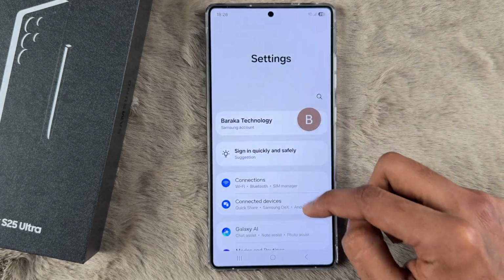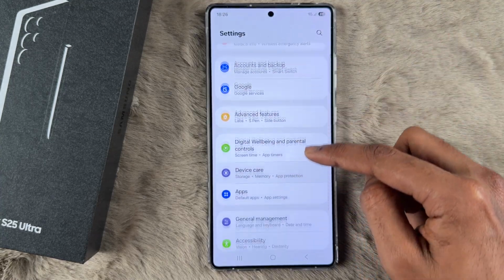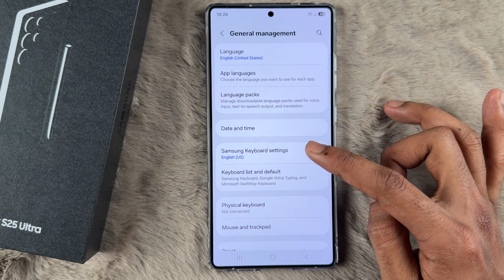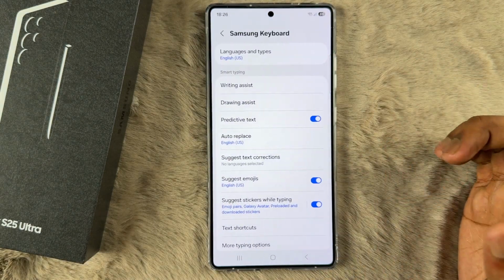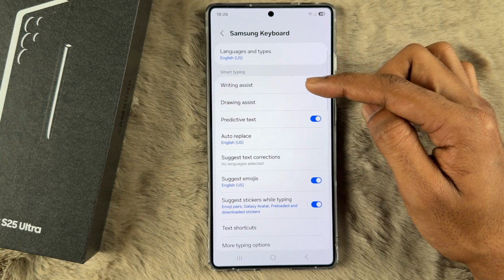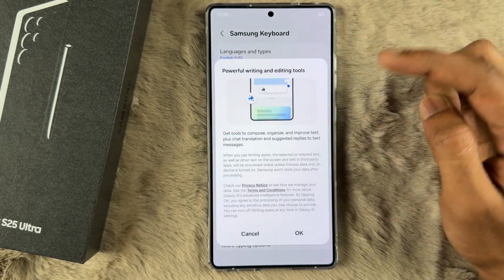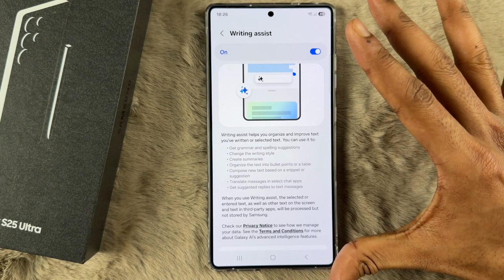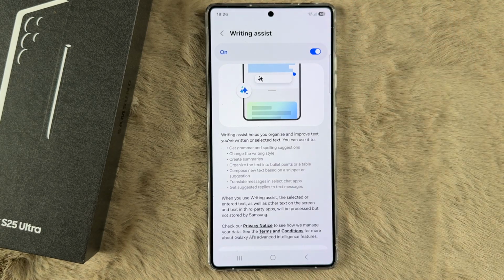First, you just need to go to settings. Now scroll down and here you'll find general management, where you just need to tap on this Samsung keyboard settings, where you will find the writing assist. Tap on it and turn on the writing assist on your device for your Samsung keyboard, and it will